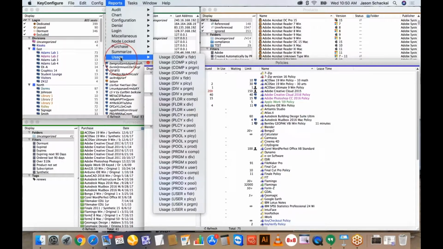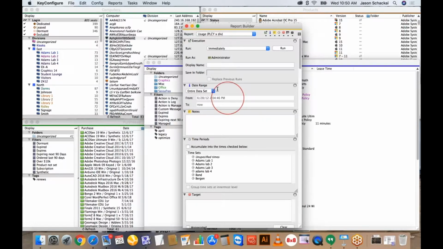So if we come down to usage, we can look there. Policy by division would potentially be a good one to run. If you're running some of these usage-specific reports, make sure you define a time frame, because if you run it across the entire data set and the KeyServer's been up for years, it could take maybe an hour or more to compile all the data for the report. So make sure you restrict this to a reasonable time period based on the information you're trying to gather. So if we say this month,